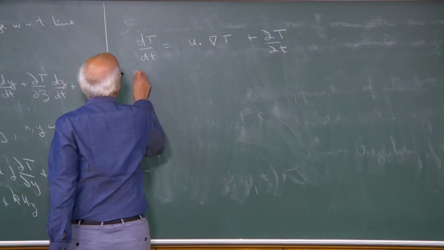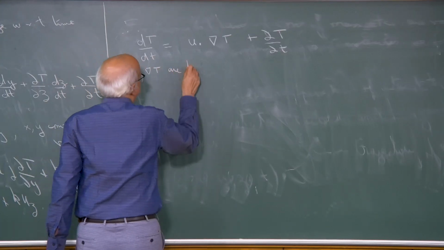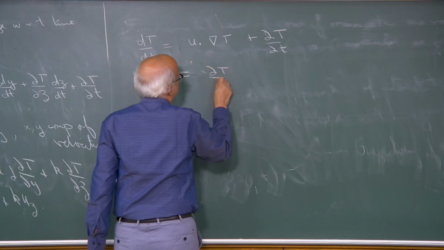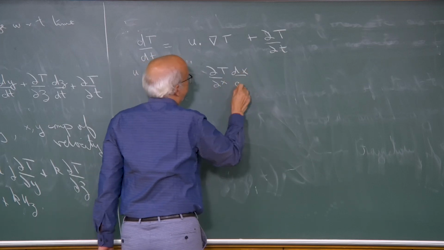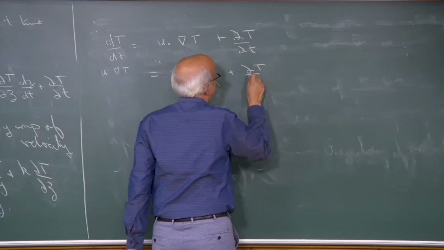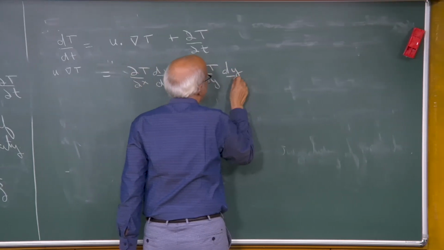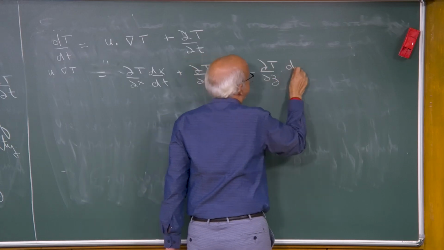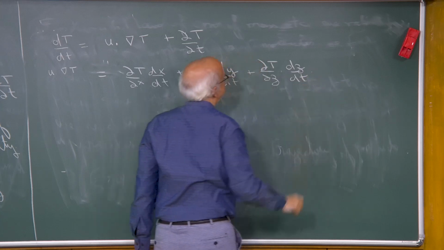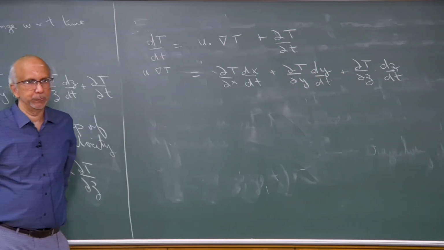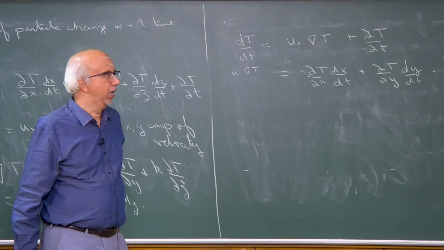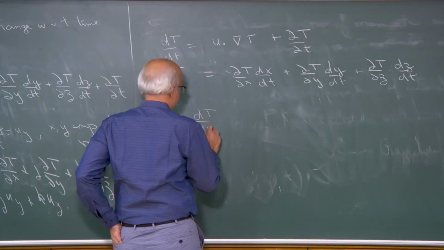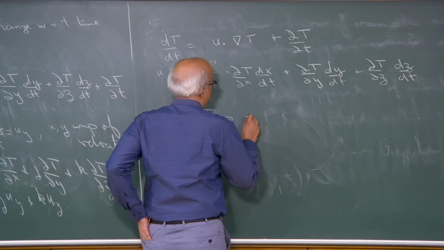So, u dot del T is equal to dT by dx times dx by dt plus dT by dy times dy by dt plus dT by dz times dz by dt. Okay. So, the point is that dT by dt is the